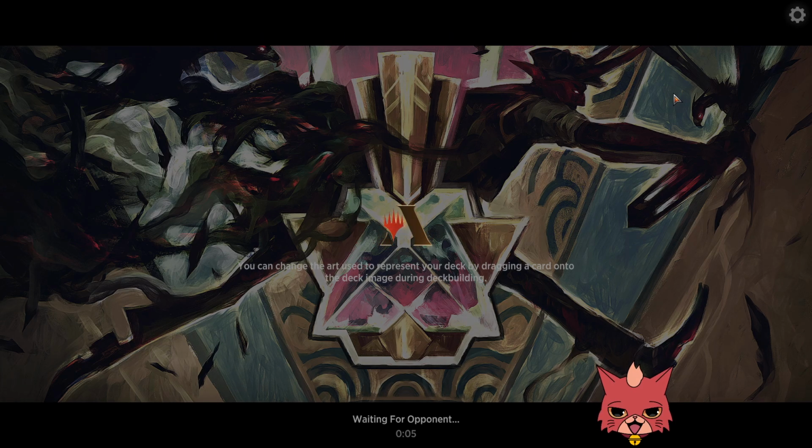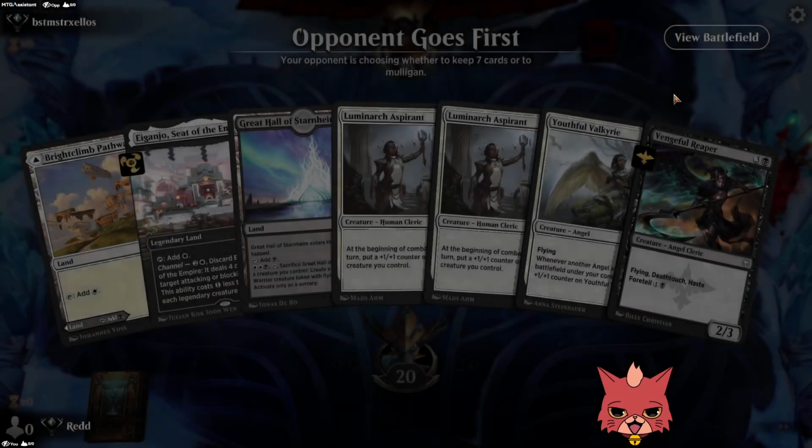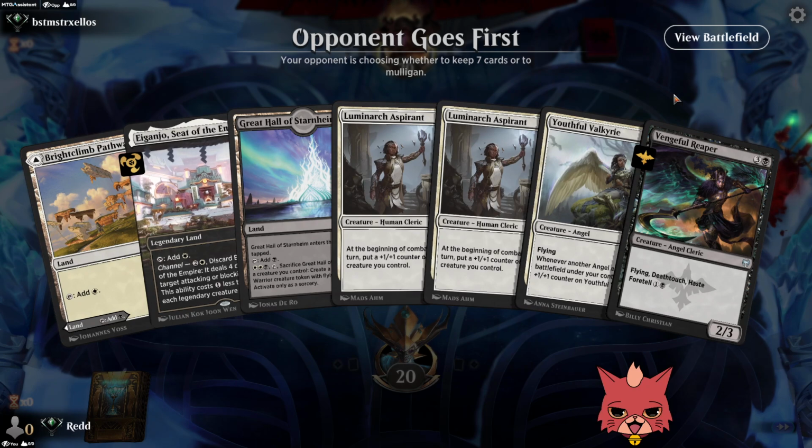I'm a little bit surprised by how slow some of our hands were, but we still ended up getting enough aggression on the board and everything. I think the opponent was missing some removal too, though, so...